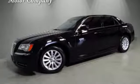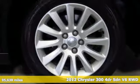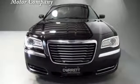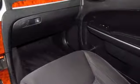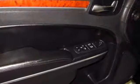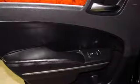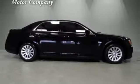Here's a 2012 Chrysler 300. It's exceptional in every way, from its aggressive exterior to its soft, luxurious interior. This 300 sets the standard for stunning. It comes nicely equipped with features you love: external memory control, power heated mirrors, dual zone climate control, auto dimming rear view mirror, doors and push button start proximity key, leather steering wheel, automatic transmission, aluminum wheels, gas pressurized shocks,